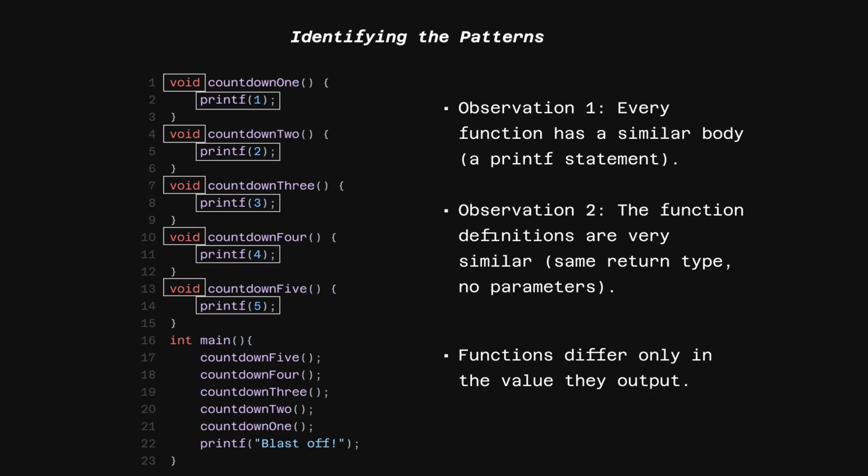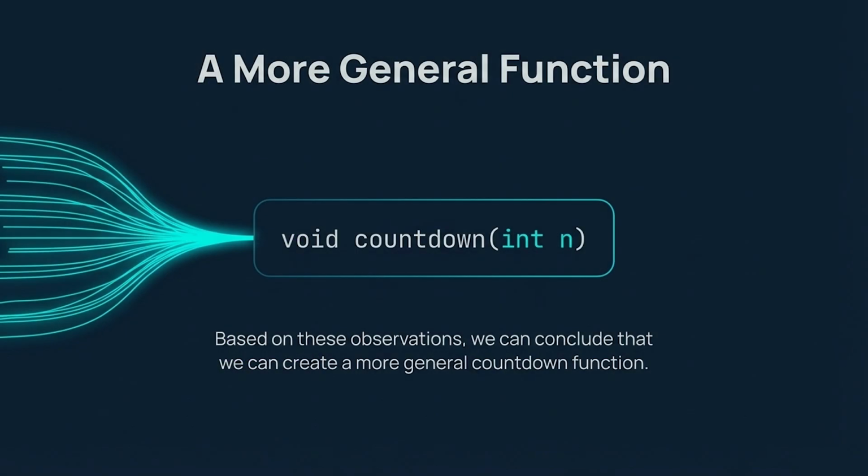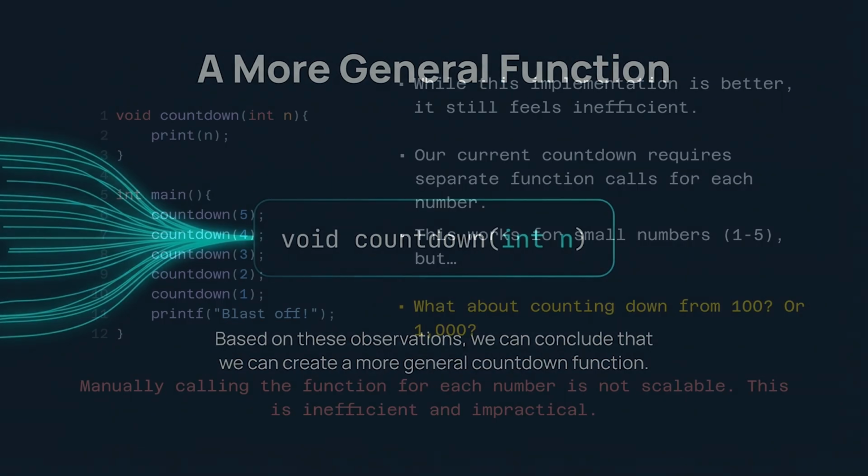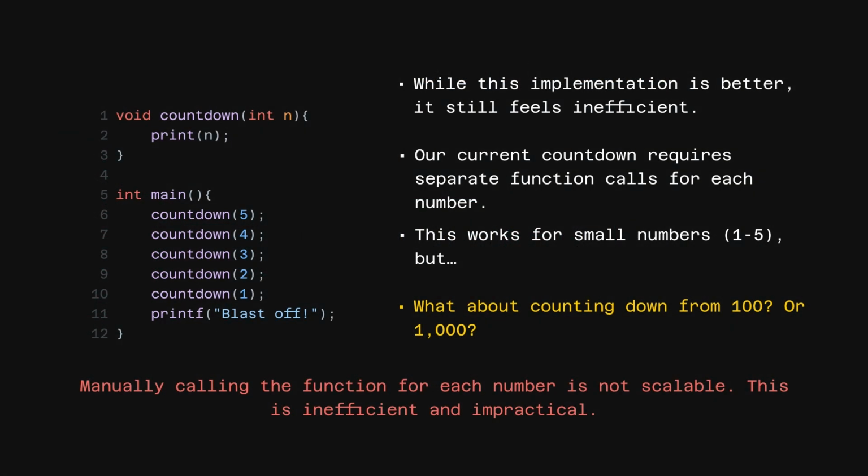From this observation, we can conclude that the functions are essentially performing the same operation but with different output values. Based on this, we can create a more general countdown function. While this countdown code is more general than Taiju's original version, it still has a limitation. We now have a function that can print any given integer. However, to count down from 100, we need to make 100 separate function calls, each with the next number in